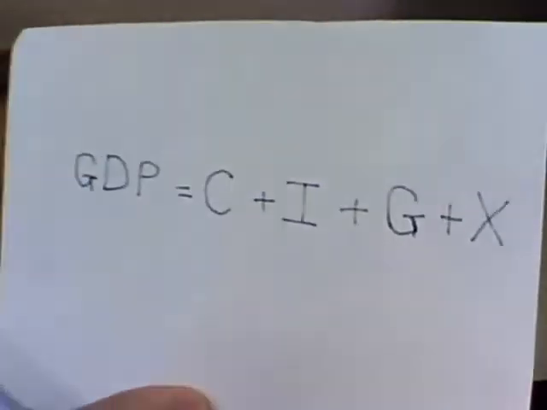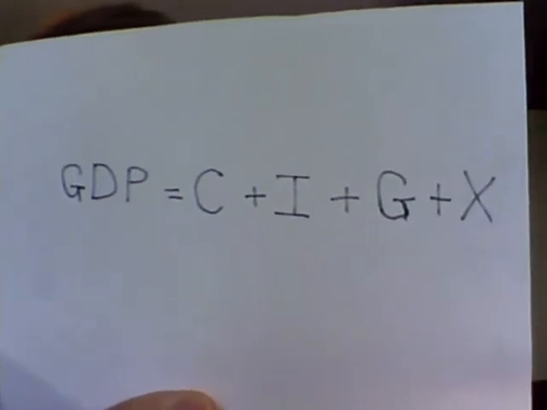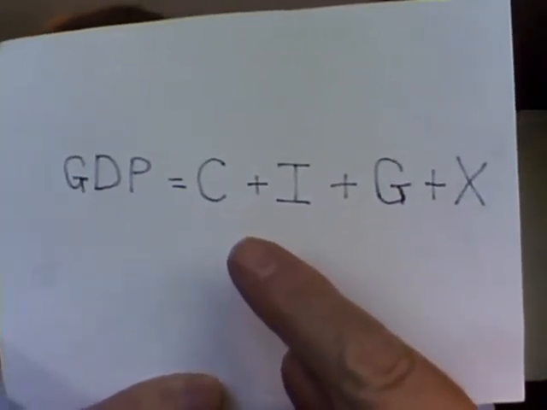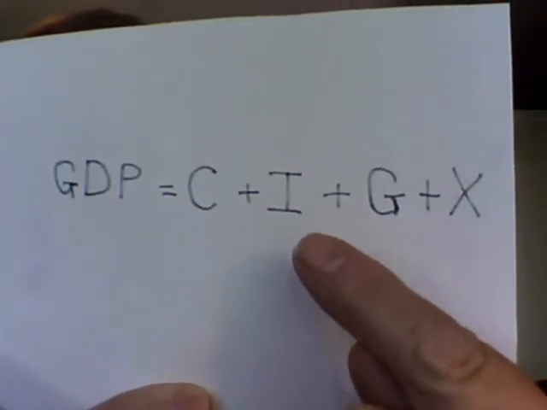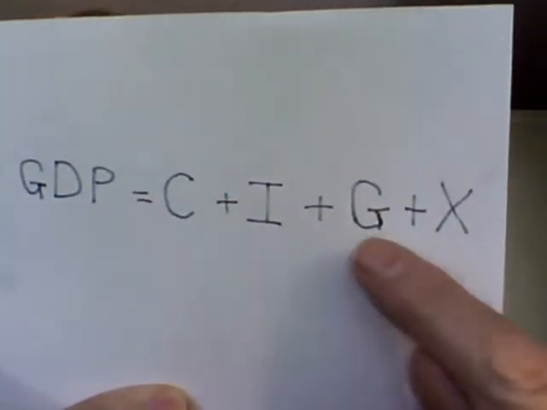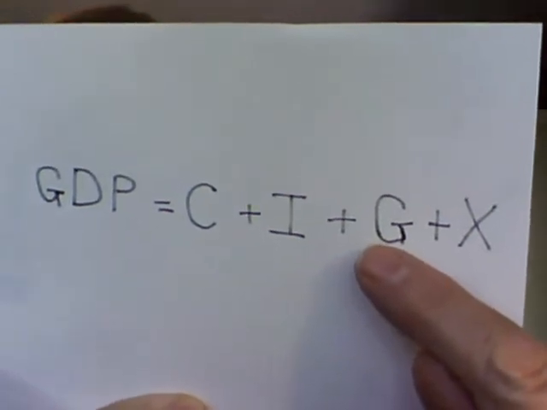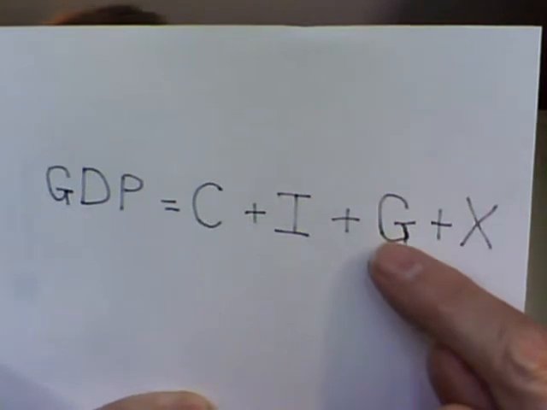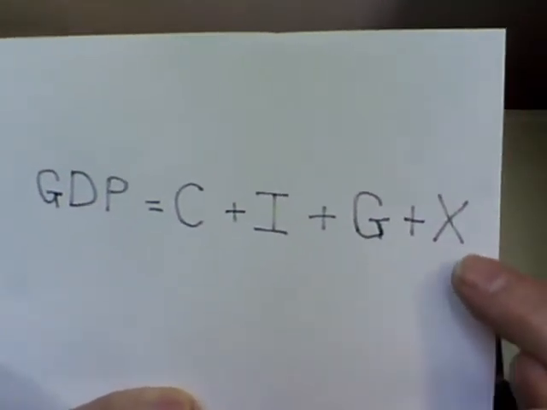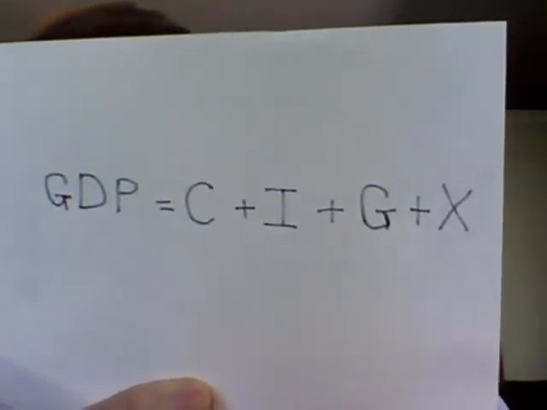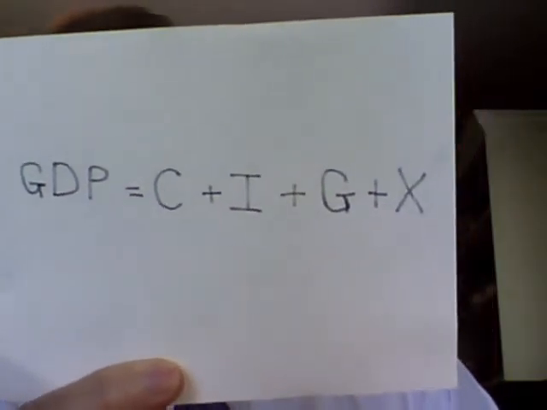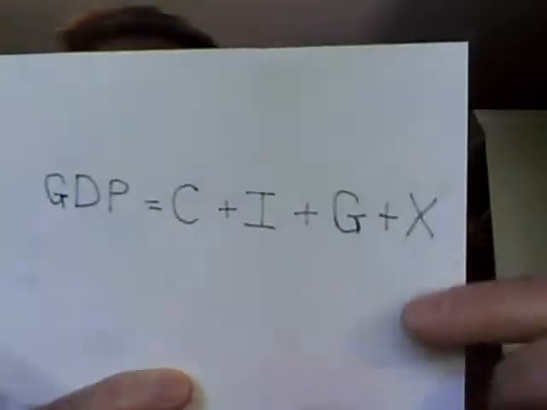I'm going to put up a prop here. So if you remember, GDP is made up of consumption spending, which is spending by households, investment spending, which is spending by businesses, G, which represents government spending of all levels, federal, state, local, county, city governments, and then X represents net exports, meaning the spending by foreigners to buy U.S. goods. So GDP is made up of these four pieces.